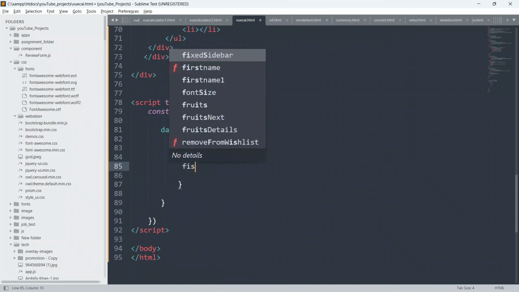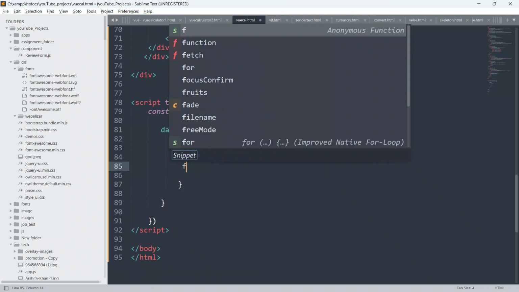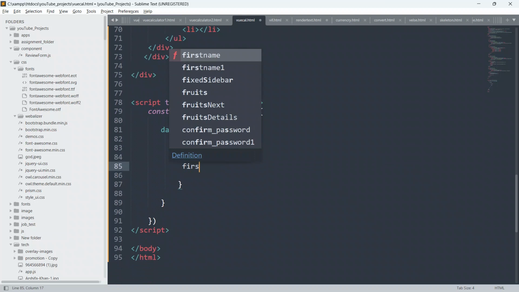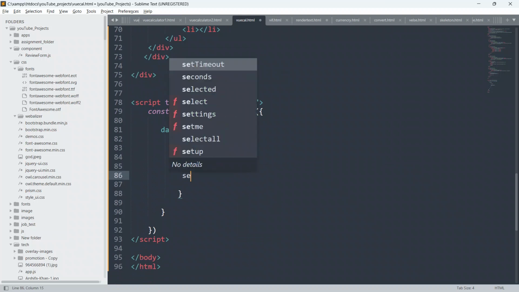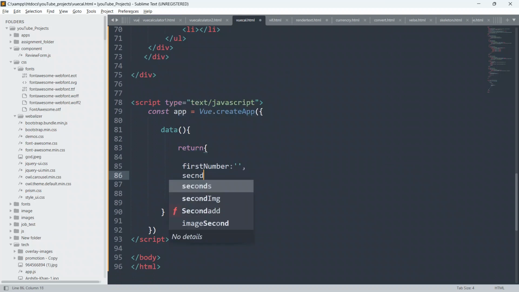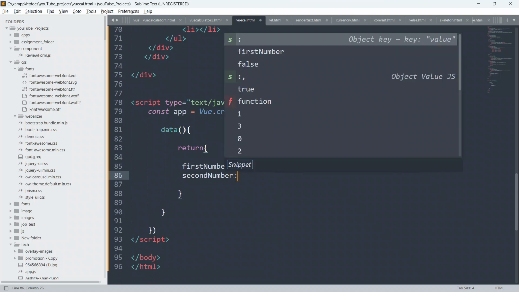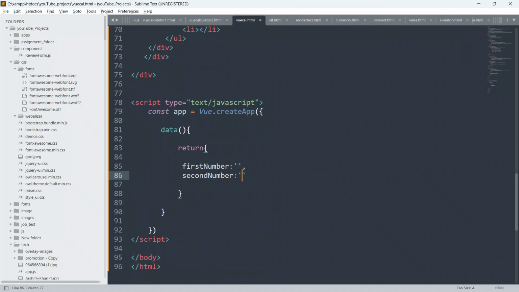So I'll say here firstNumber. Give colon and give nothing as of now, let it be blank, the empty string, give comma, give secondNumber also. Give colon and give single or double inverted commas.